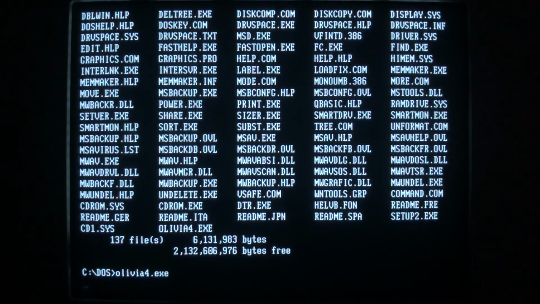So this computer is locked up. Control-Alt-Delete doesn't even work, so we're just going to hard power it off and turn it back on. Alright, we are booted back into DOS here, so let's go ahead and get to the payload portion of Olivia,